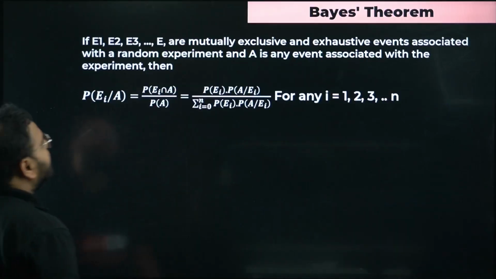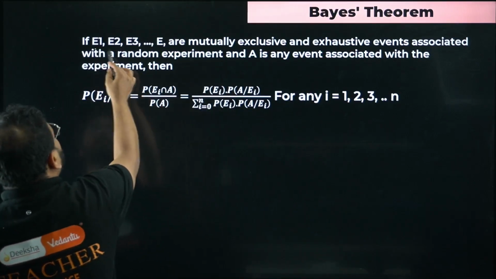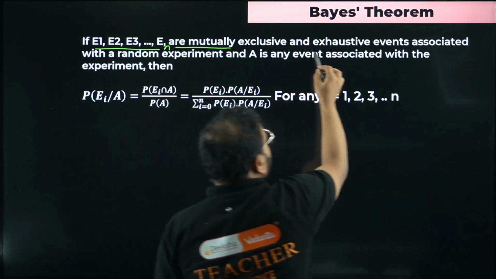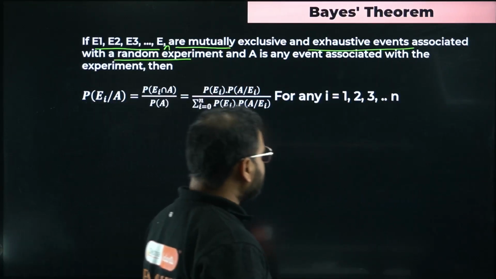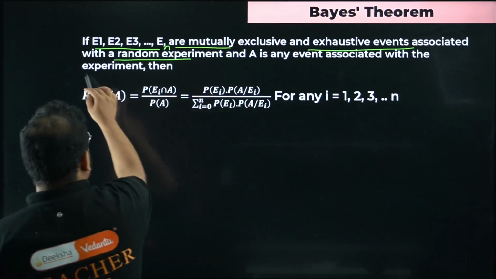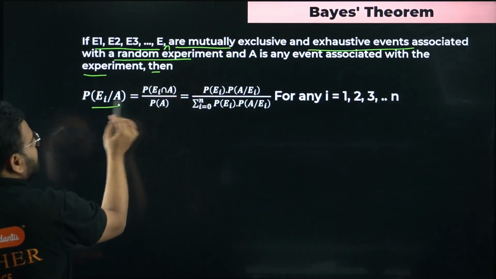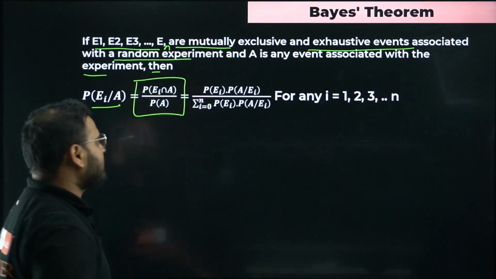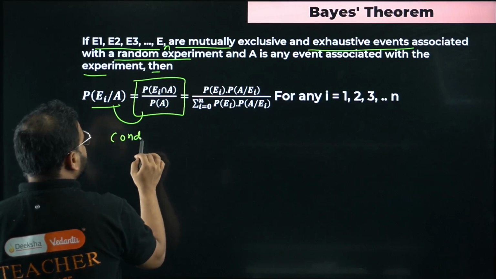Next, we have the Bayes theorem. Okay, again see the same thing is repeating over here. E1, E2, E3 and En are mutually exclusive and exhaustive events associated with a random experiment, and A is any event associated with the same experiment. Then we write this as, please remember, from here, please check. This step is from where? This step is nothing but your conditional